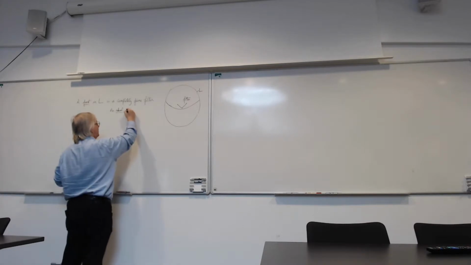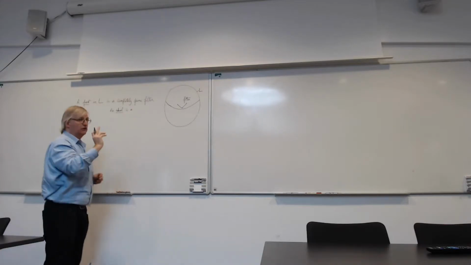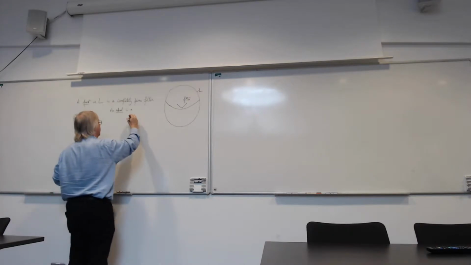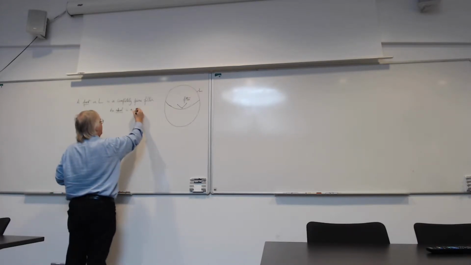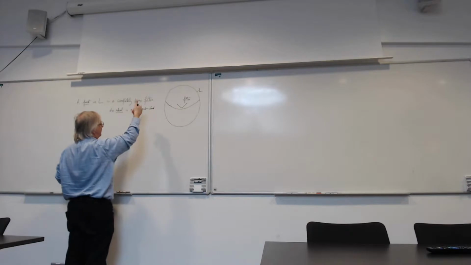So an ideal in a complete lattice. So the general definition is slightly different, but in a complete lattice I can define it this way. An ideal is a downwards closed set. So it's just like a filter, except I'm replacing upwards closed by downwards closed,